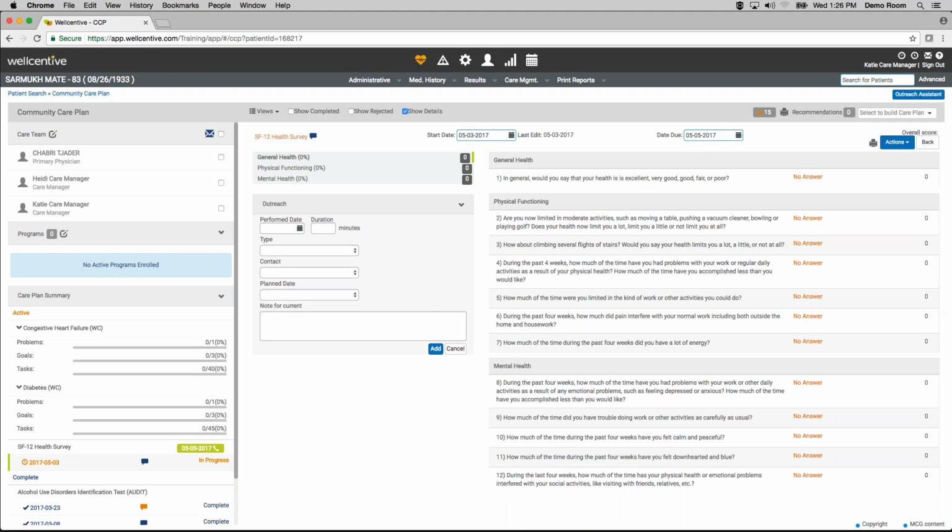So I have a planned outreach to complete this assessment scheduled for tomorrow. You'll notice when my assessment is displayed, we have this object over here. This is the assessment outreach object. What this does is it allows the user to complete an outreach while I am in the process of